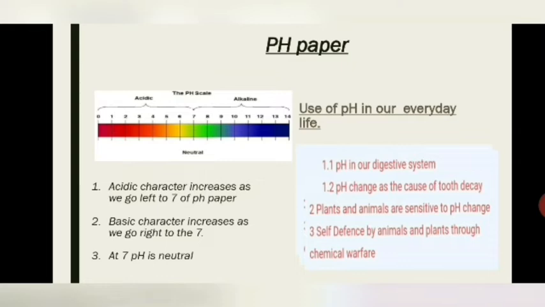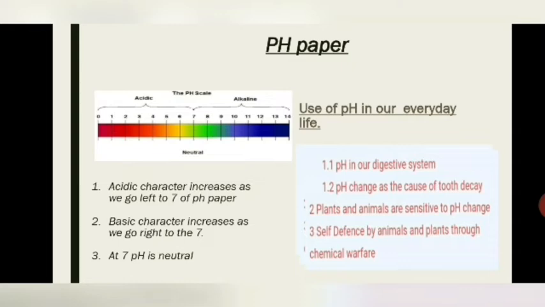As we can see over here, on the left-hand side of the column, there is a strip which has different colors. This consists of 7 colors: VIBGYOR, violet, indigo, blue, green, yellow, orange, and red. It is starting from 0 to 14, and the 0 color is reddish, then it goes to orange, and then yellow, and then it becomes neutral from this level. After that, towards 14, its color changes from yellow to green, green to bluish, bluish to indigo, indigo to violet, right?